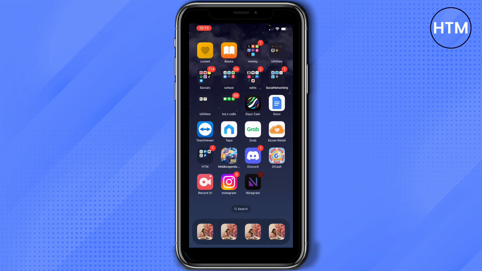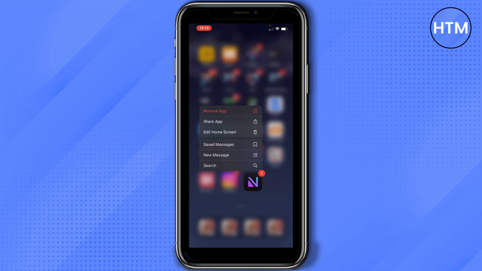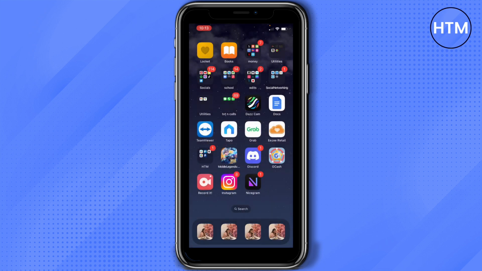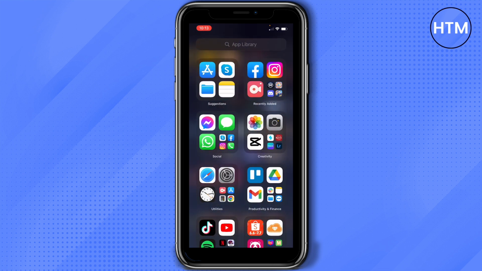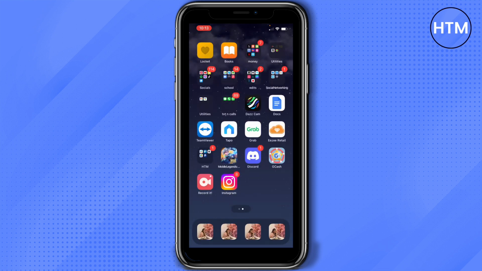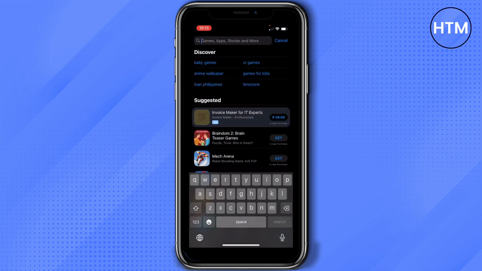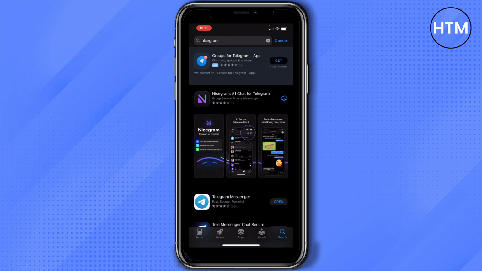Second one is once you've long pressed this application, tap remove app and then tap delete app, tap delete. Then the application will not be on your home screen and will not be on your app library. That means you haven't installed the said application. What you need to do to restore that is go to your App Store and then search for the said application. Once you have searched the application, just tap on the install button in here so that you can restore or retrieve